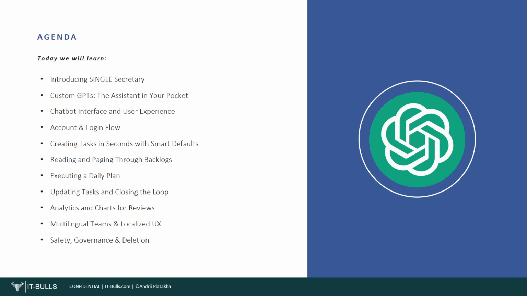We'll also explore how to update tasks, handle blockers, and close the loop by completing work and maintaining a reliable task history. Next, we'll shift into a more strategic perspective. I'll show you how to build analytics and charts that help you review progress, track trends, and identify risks before they escalate. You'll also learn how Single Secretary supports multilingual teams, instantly switching languages while keeping the underlying data model